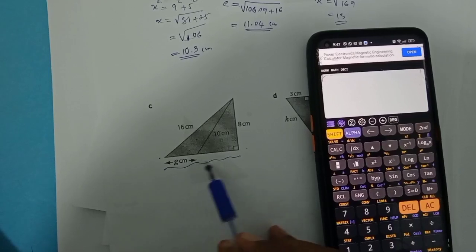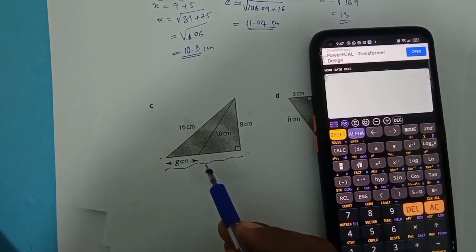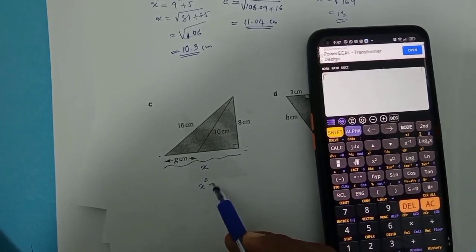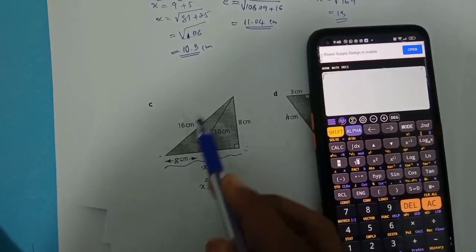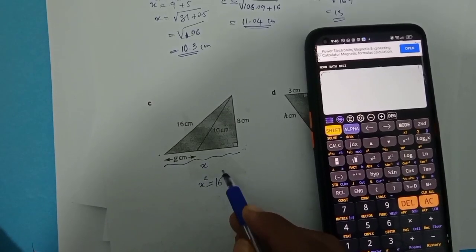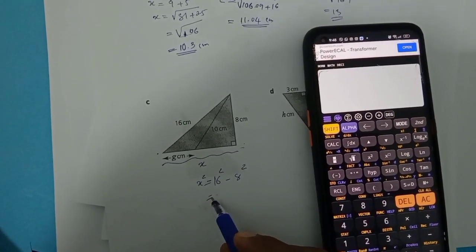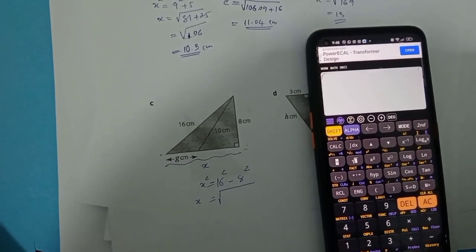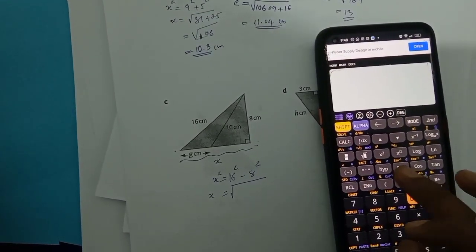So we can find out this side, right? So this side we can take as x, so that is x square is equal to, and this is one of the smallest sides, and the hypotenuse is given, so subtraction takes place, right? So 16 square minus 8 square, so we can write the x, that is 16 square minus 8 square, that we can find out